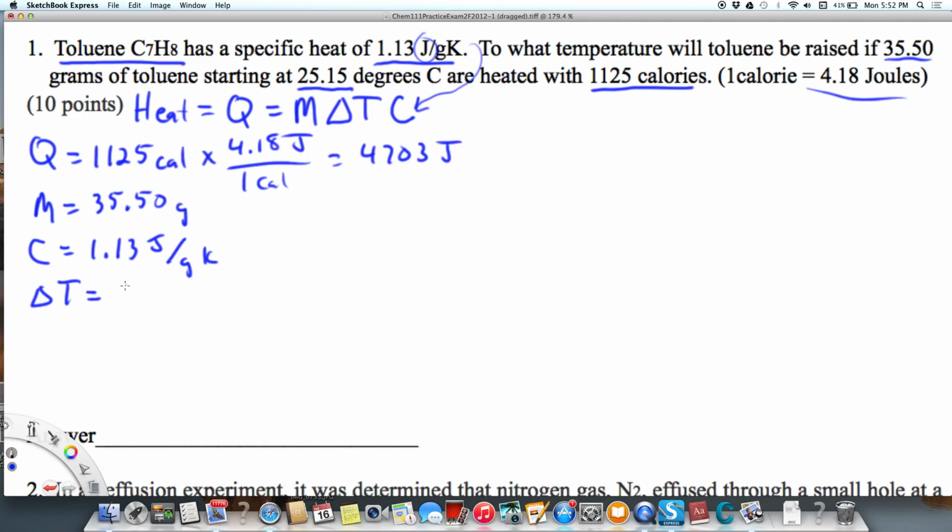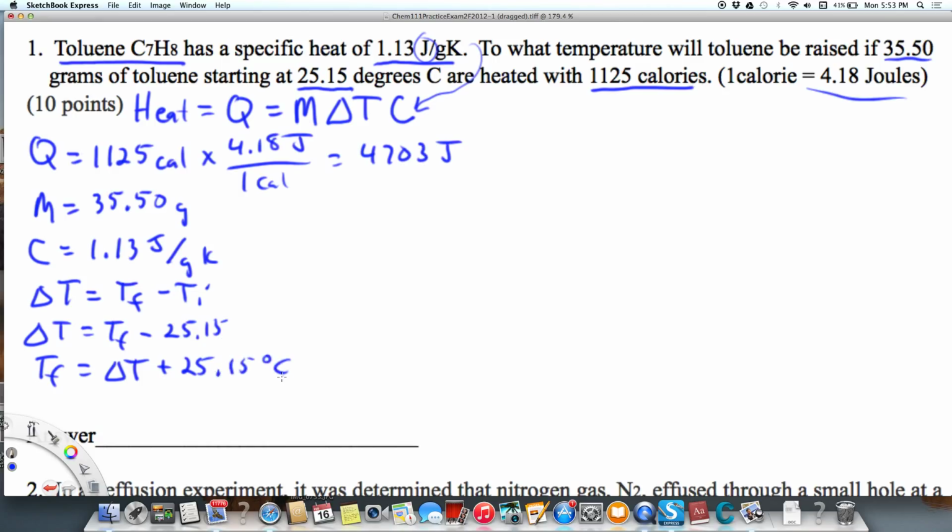We know the initial temperature is 25.15 degrees. And so that's going to be TF minus 25.15. So TF is going to equal delta T plus 25.15 degrees Celsius. So we're going to first use this equation up here, and we're going to solve for delta